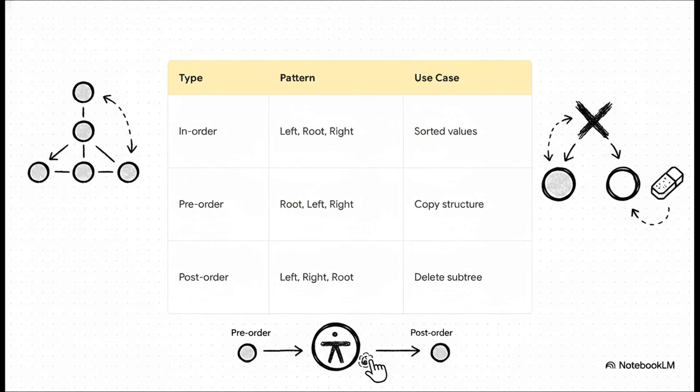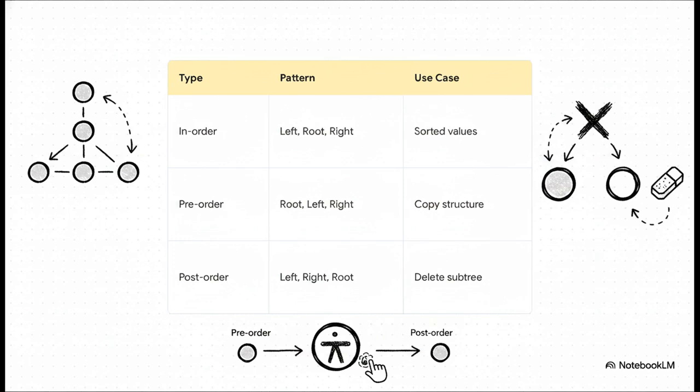Okay, so we know how to alter the tree, but how do we read the whole thing at once? We traverse it. Think of this as your ultimate cheat sheet. Depending on how we literally walk through the tree, we achieve totally different goals. In-order traversal visits the left branch, then the root, then the right. Pre-order hits the root first, then left, then right, which is perfect for making an exact copy of the structure. Post-order goes left, right, and hits the root last, and that's what you'd use if you need to systematically delete